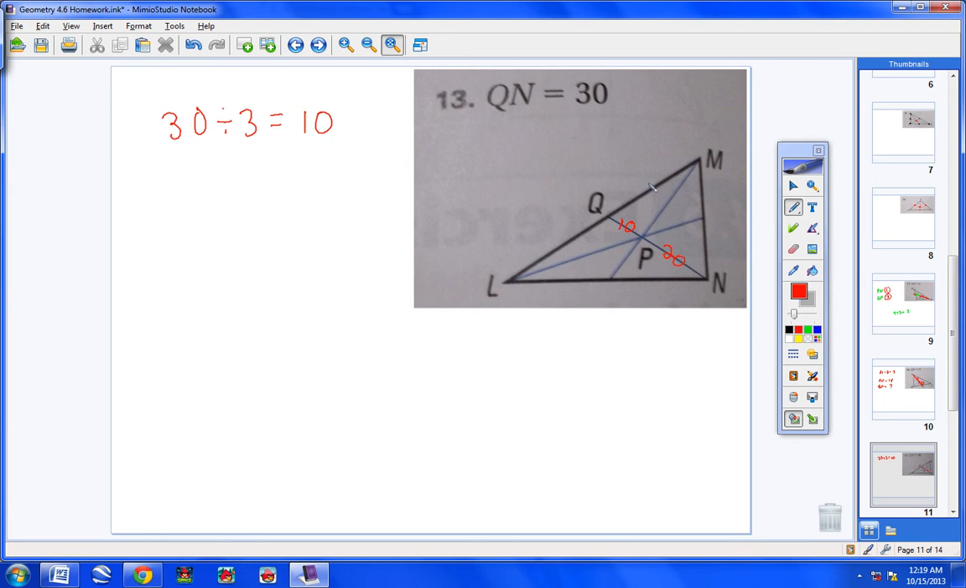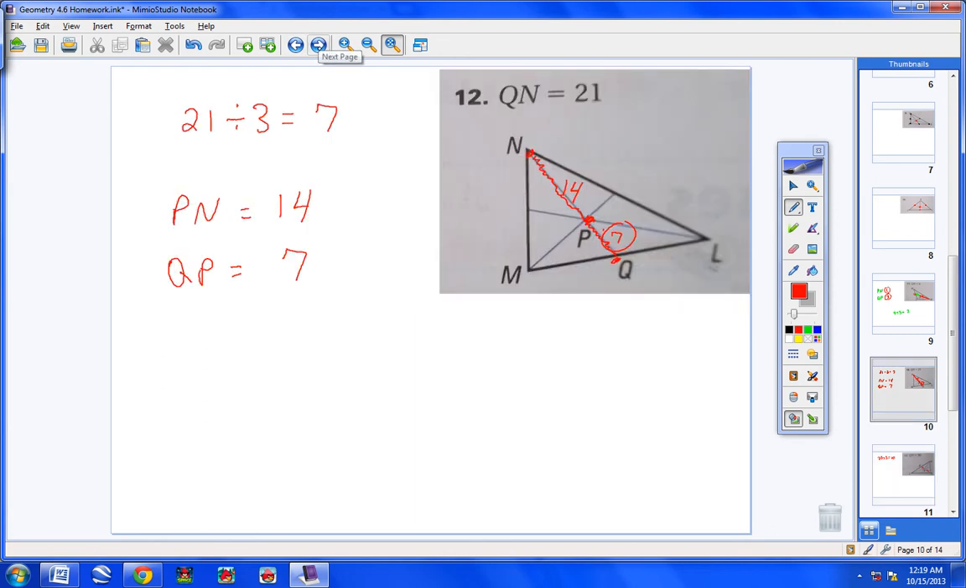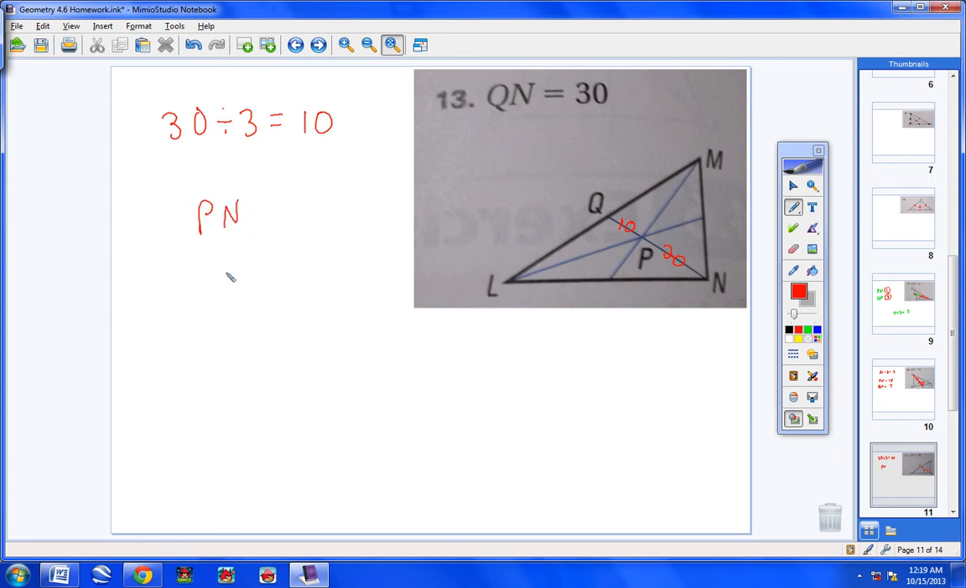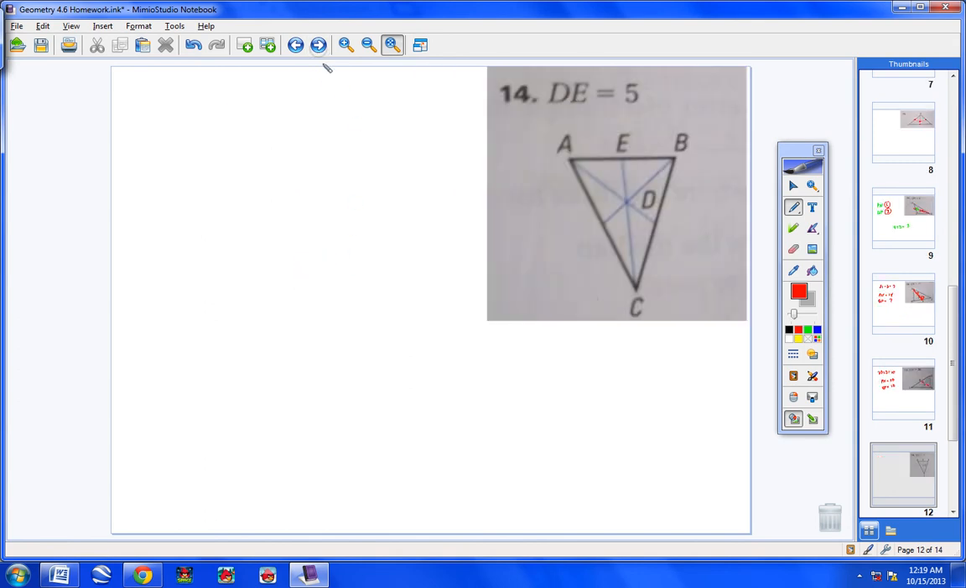And now here we go. What they want us to find is PN and QP. PN and QP. Okay, the length of PN would obviously be 20, and the length of QP right here would obviously be 10. All right, moving on to numbers 14, 15, and 16. The directions read as follows for 14, 15, and 16. D is the centroid of the triangle. Find